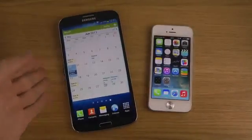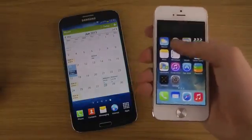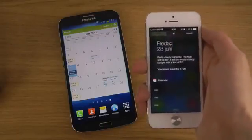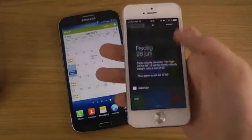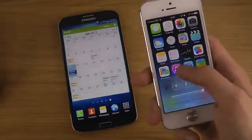Even though this is quite good, integrated also in the iPhone with the latest update, you swipe down like this. You have Today here and you will see the calendar here, so they bring in a great focus on the calendar. And one thing that's very, very nice with iOS, of course, is that when you swipe